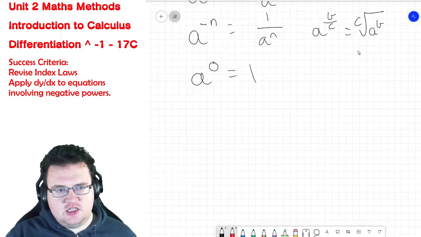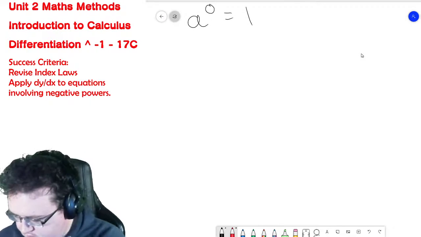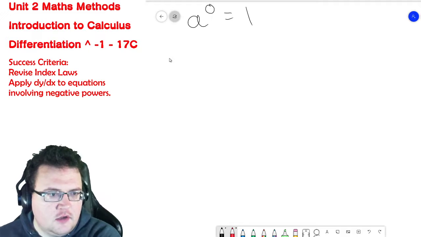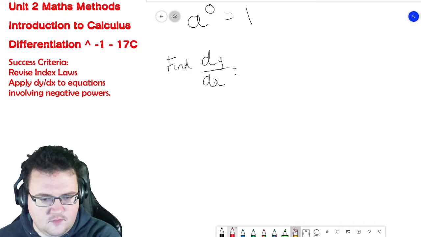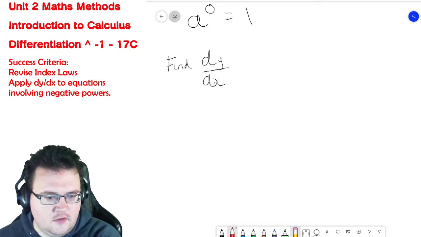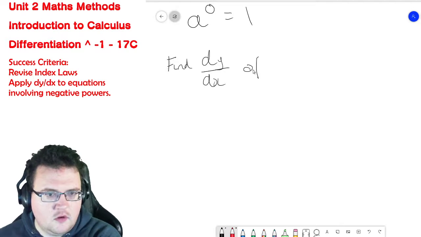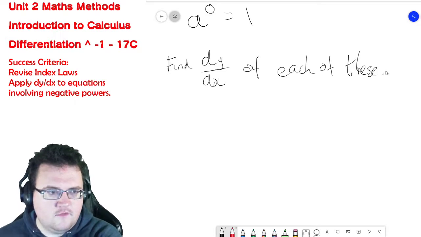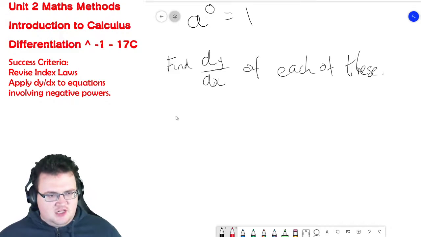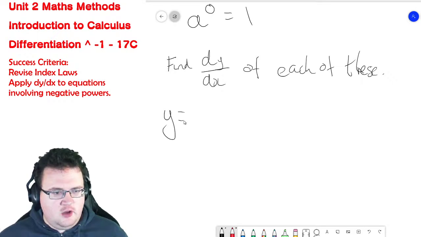What I want us to do today is find dy dx. Find the dy dx of each of these. So for example, my first one is going to be y equals